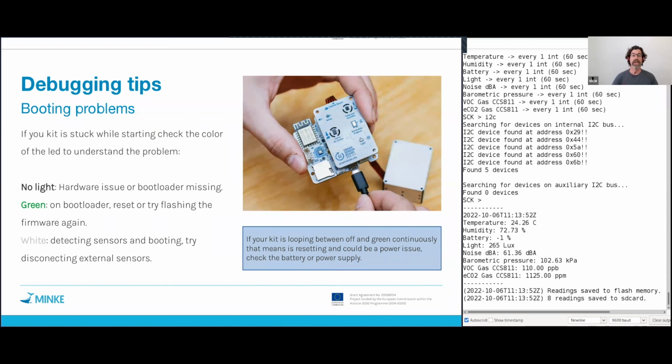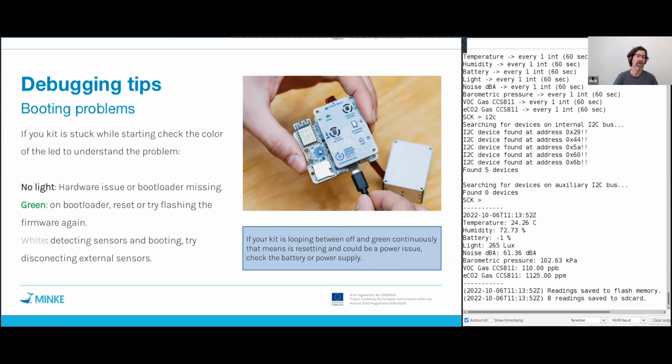The color of the LED is the best approach for this problem, because since the kit is not starting properly, you won't have access via a shell, okay? So if your kit doesn't light, nothing has any light, the problem could be a hardware problem. That's the first guess. Something was damaged in the kit, so energy is not arriving,